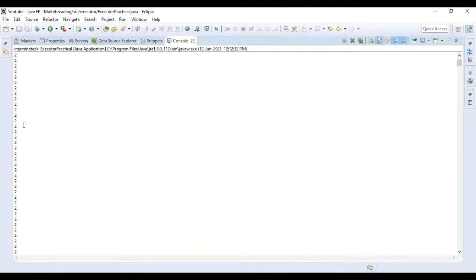So these 2 threads are getting executed in parallel, and once that happens, it will then start printing 3. Let's go down. Here we can see that 3 is getting printed only now because the first 2 tasks are already over, and one of the threads has picked up task 3 and it is printing 3 continuously till 10,000 times.